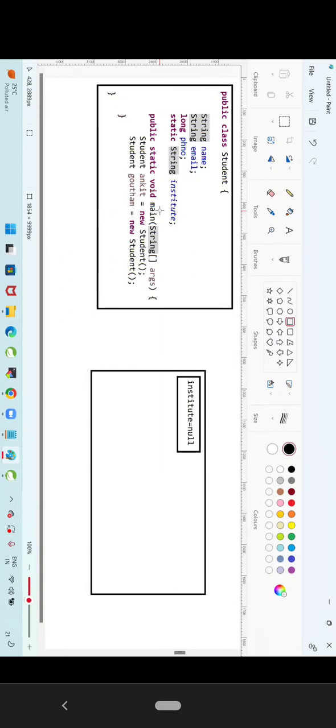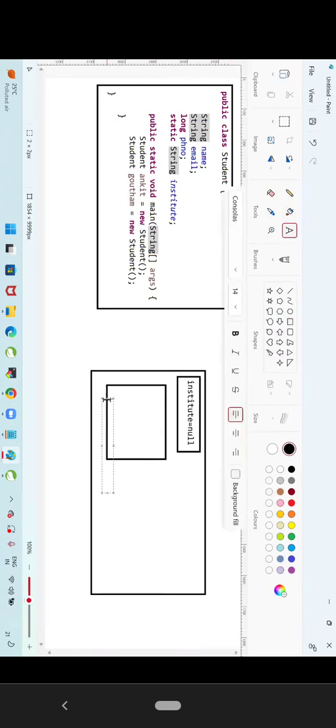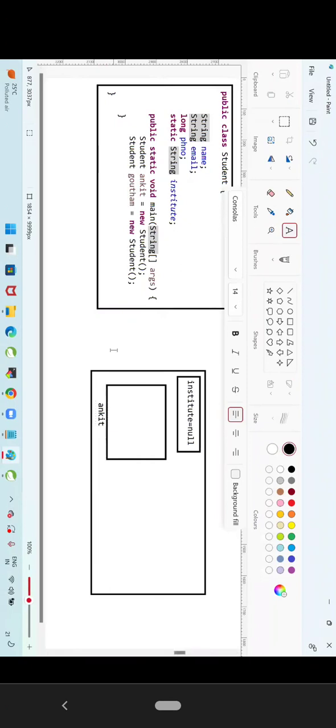Okay, execution started. Inside the main method, what is the first line? Student Ankit is equal to new Student. What is the meaning of that? Creating the object. I'm creating one object for Ankit. When the object is created for the Student class, what will the JVM do? It will check, do we have any instance variable? Yes. How many instance